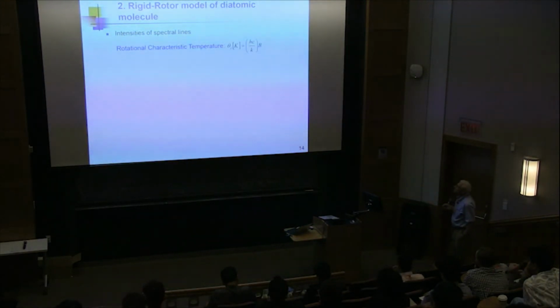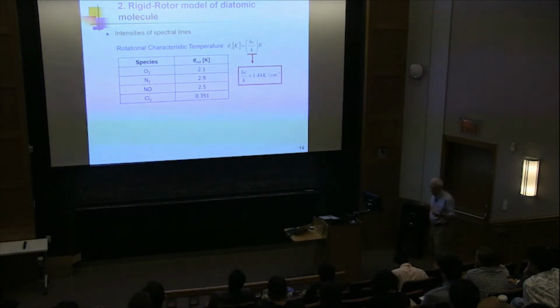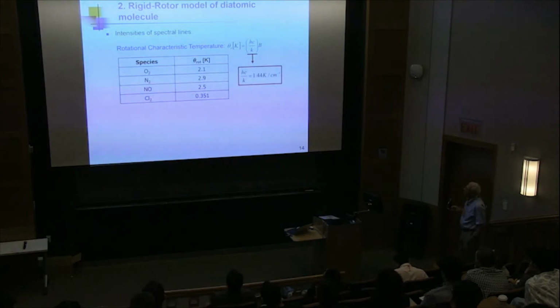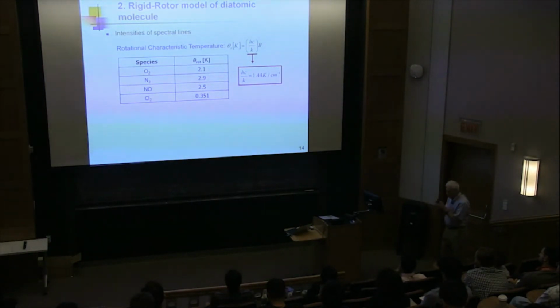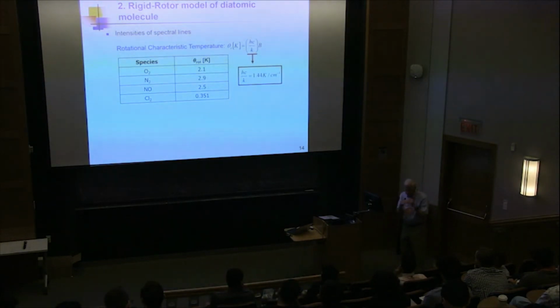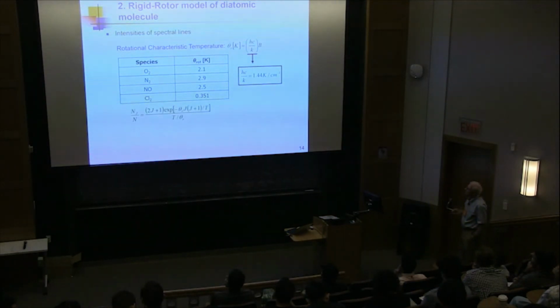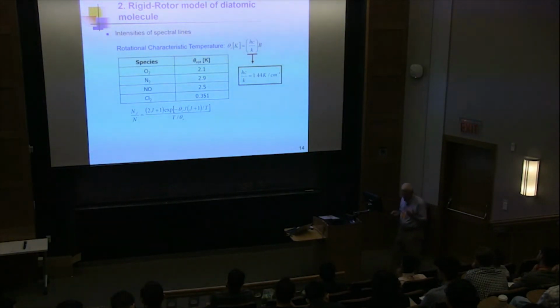Okay, intensity. So here's my characteristic rotational temperature, 1.44 times B. Where did I get B? It's just a moment of inertia. Here are some species and what the numbers look like. Oxygen 2.1, nitrogen 2.9. Sometimes molecules have low values of theta R. But these numbers are so small that there's not much energy difference between different J's. Therefore, you're going to have multiple states populated even at low temperatures. If you haven't had statistical mechanics, this may look a little foreign to you. If you have, you'll realize this is